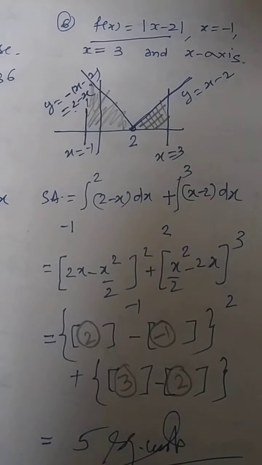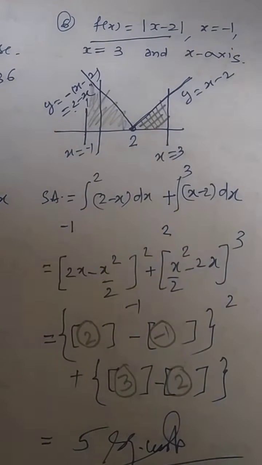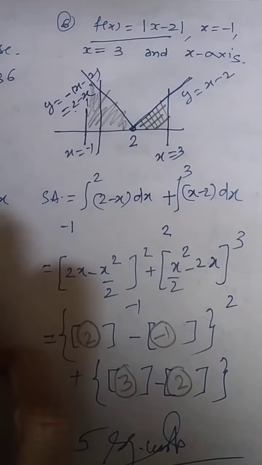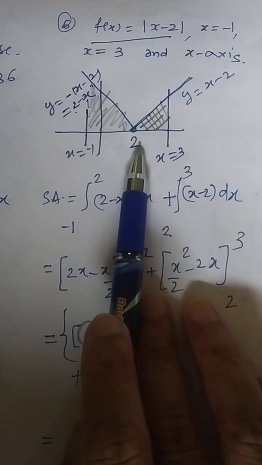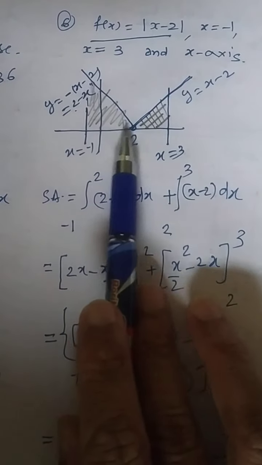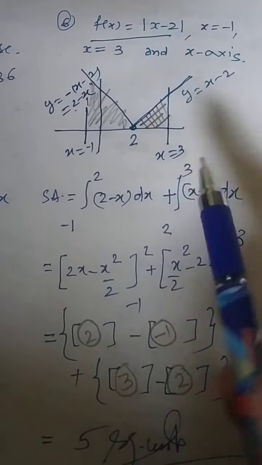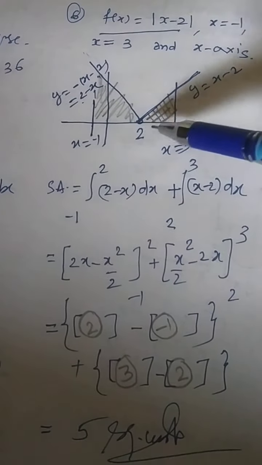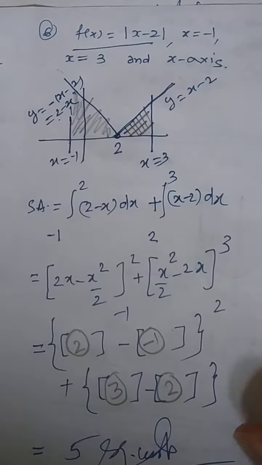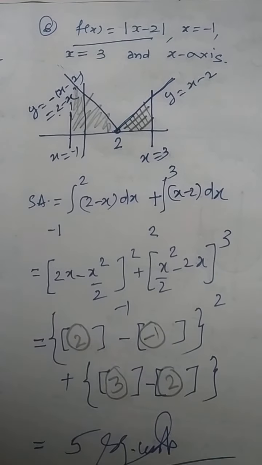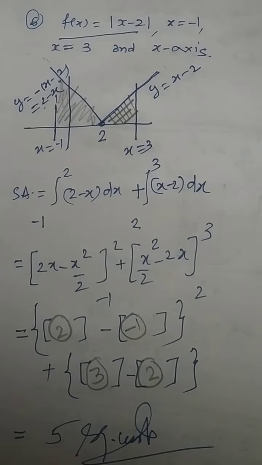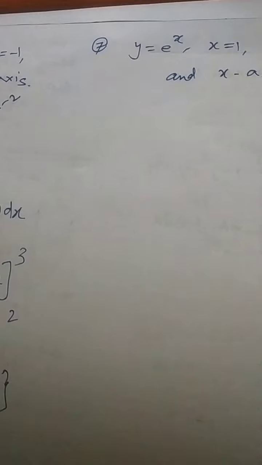So in the earlier question, only one integration was there. Now here it is 2 integrations, because area under the curve is okay, bounded by x-axis is also okay, but the name of the curve has changed. On the right side, some different curve is there. On the left hand side, you are getting a different curve. Okay. One last question for the basic things, and then we can have another concept.